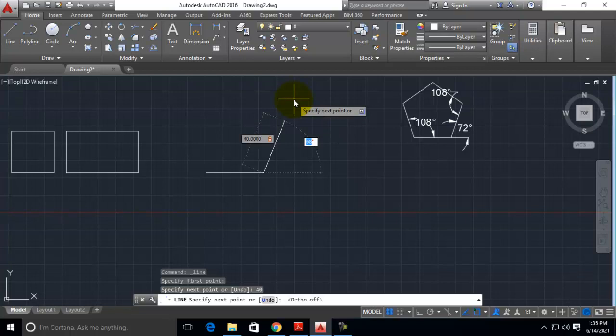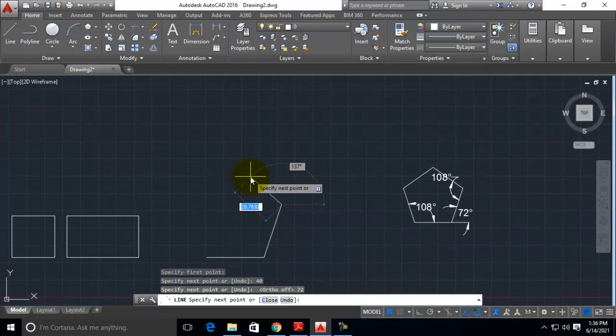Press tab. Now you can give the angle. What angle do we have to use? We have already drawn and referred to the angle from this diagram. 72 is the angle between the line beside this side. Enter 72. Now this angle we have to find out.